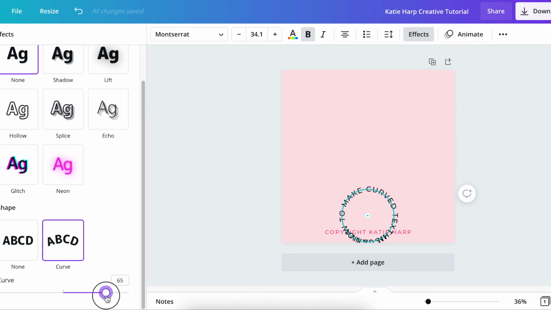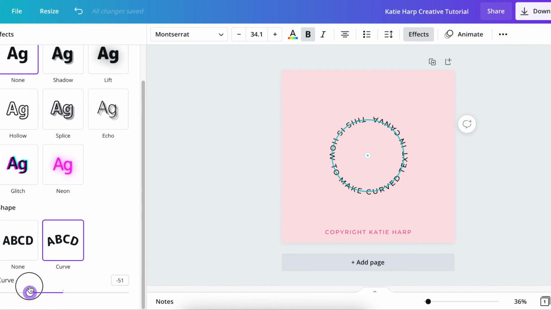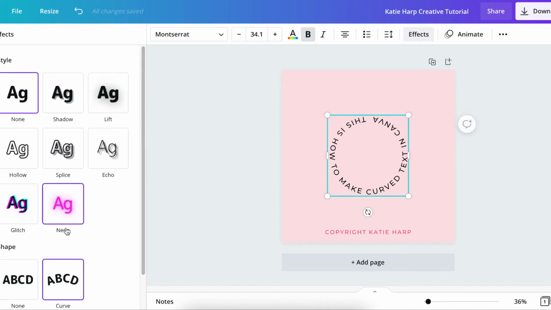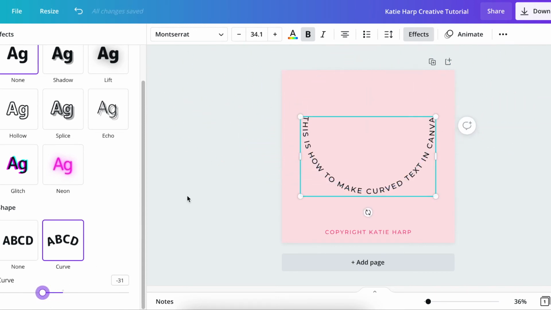And then certain words, like "make curved," that's at the top of the text. Or if I curve it in the opposite direction, I can still make a circle. And it kind of looks the same, but then the "make curved" part is at the bottom. So it's a little bit different. So that's basically how you curve the text. But then if you want something shorter,